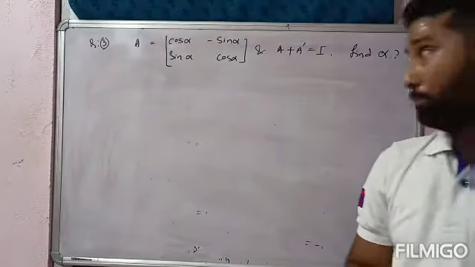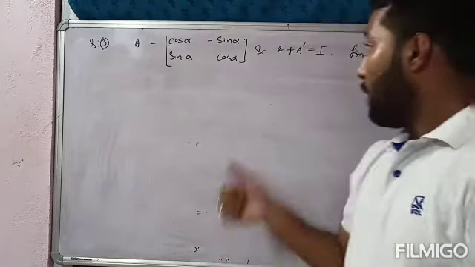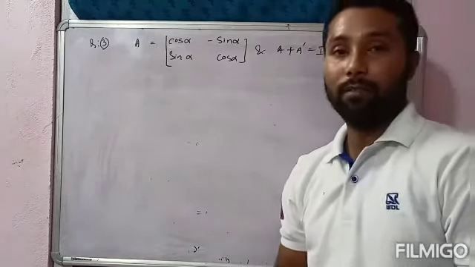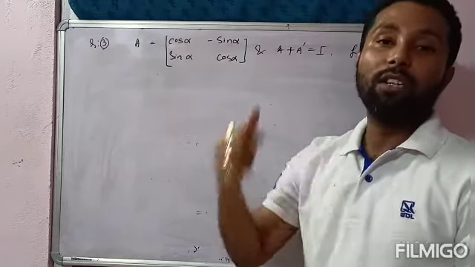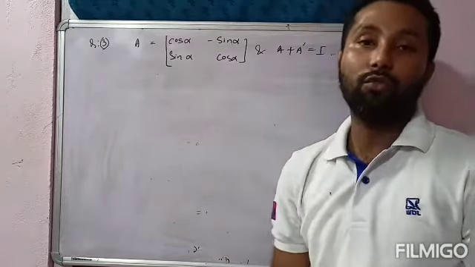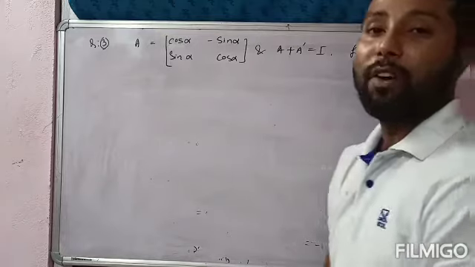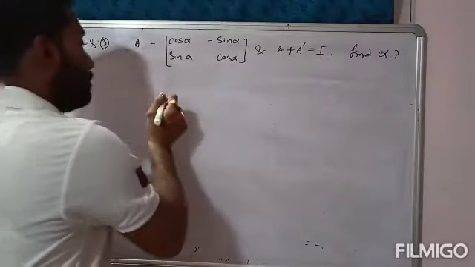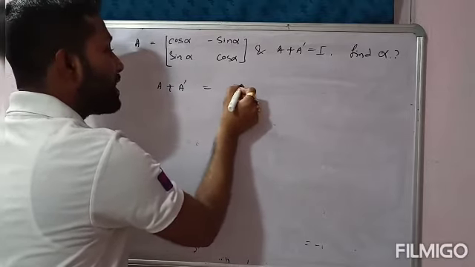What is I? I is called the identity matrix, we all know. When, what should be the order of I here? Since the order of the given matrix is 2 by 2, the order of I means it is an identity matrix of order 2. Okay, so if A plus A transpose is equal to I, then find the value of alpha. So, since A plus A transpose is equal to I,